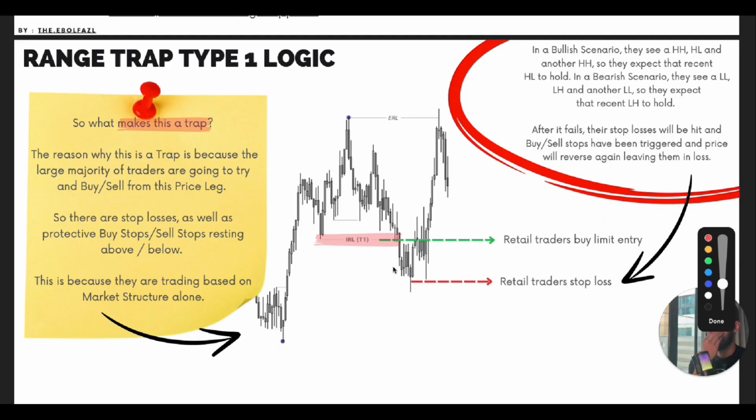So again, what I told you: first price is going to take out the external range liquidity. Then what is price going to do? Respect the strong low. Then price takes out the external range liquidity here. So even if the stop loss is hit here, even if they are on the sell side with a sell stop order, their stop loss is going to be hit here too. So you should understand the logic behind this to pretty much easily aikido the market.